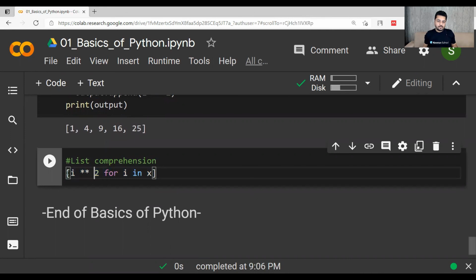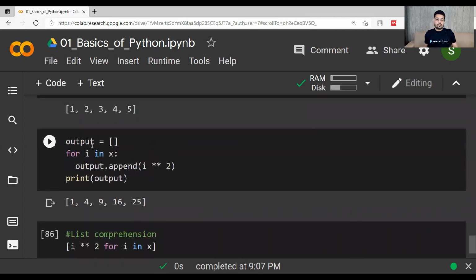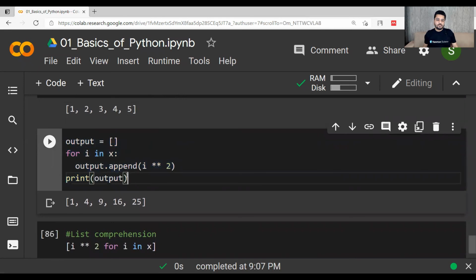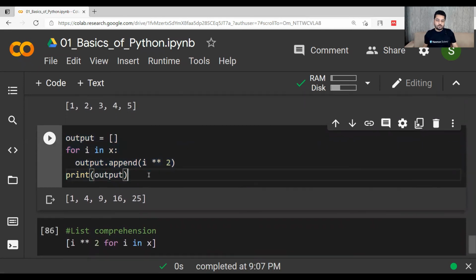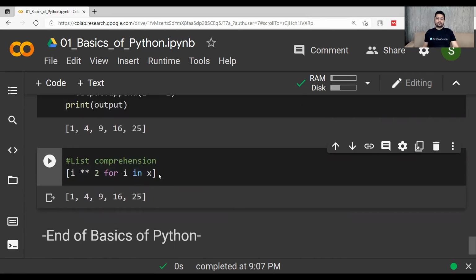So within this list, you can do in a single line the same thing which was being done in the for loop in the last 4 lines. So these 4 lines can be shortened to this single line, and the output will be given as 1 4 9 16 25.